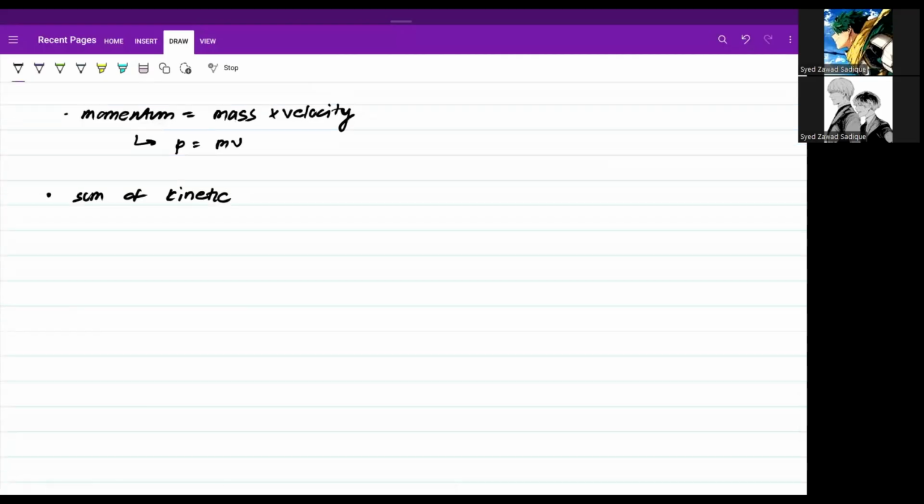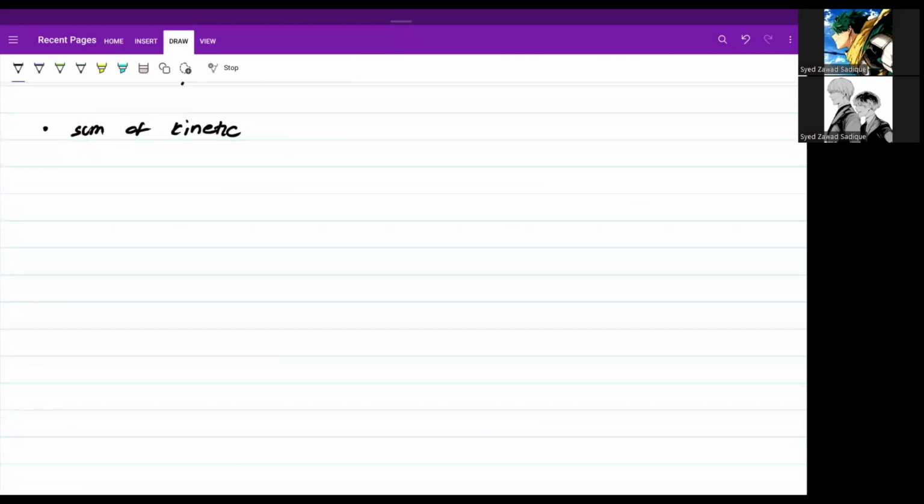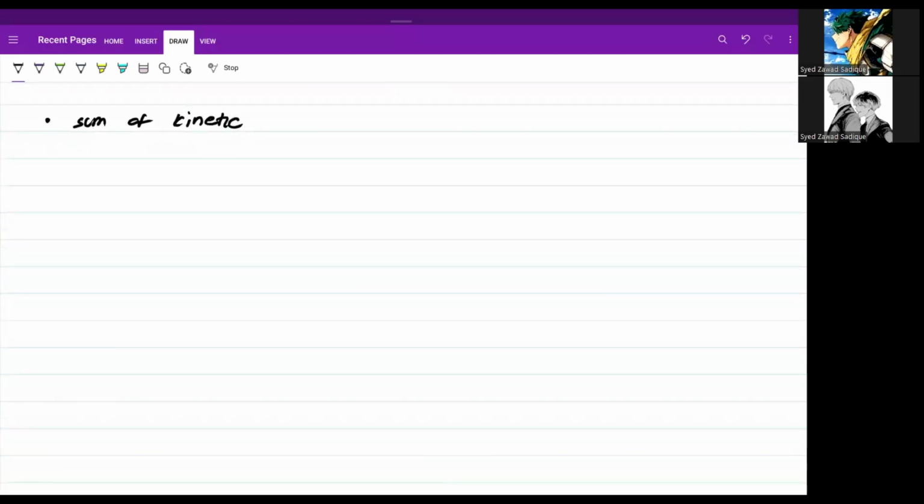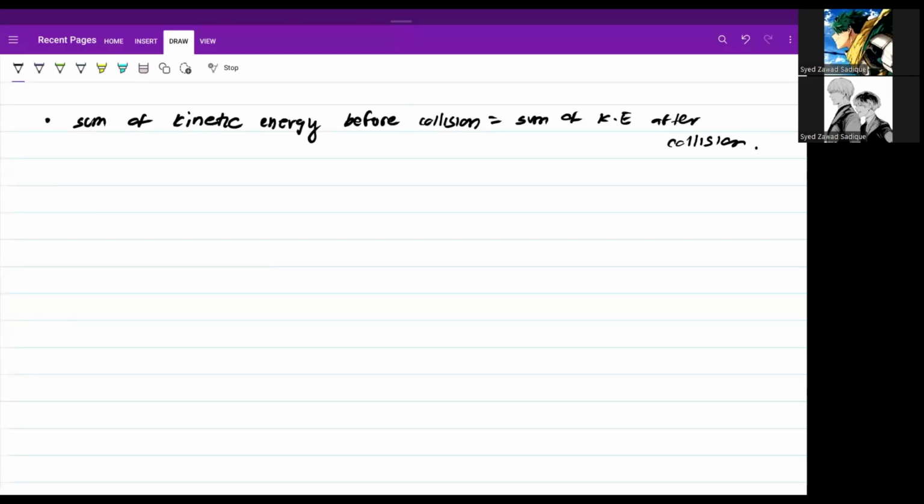Yeah, sum of kinetic energy before collision is equal to sum of KE after collision. Right. I think this is elastic collision. So what you can write it as is usually written as